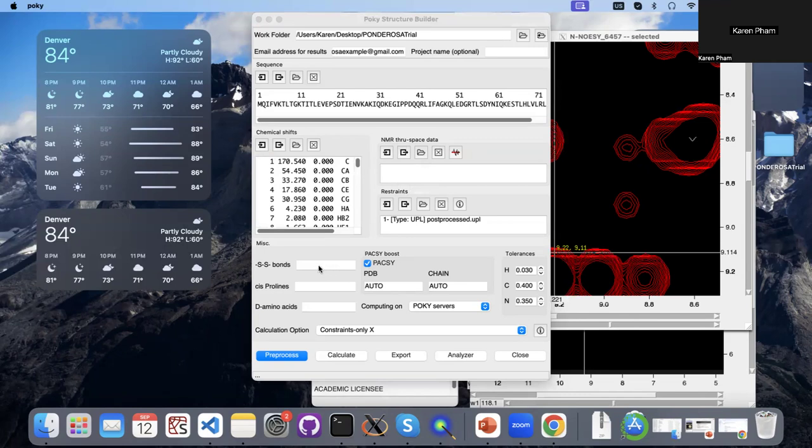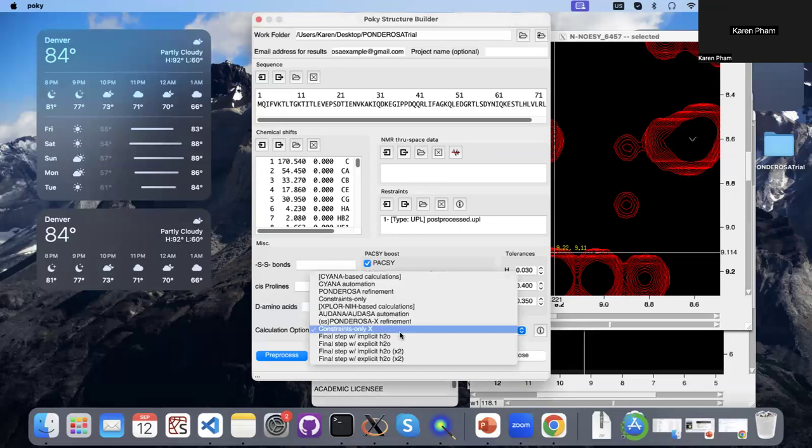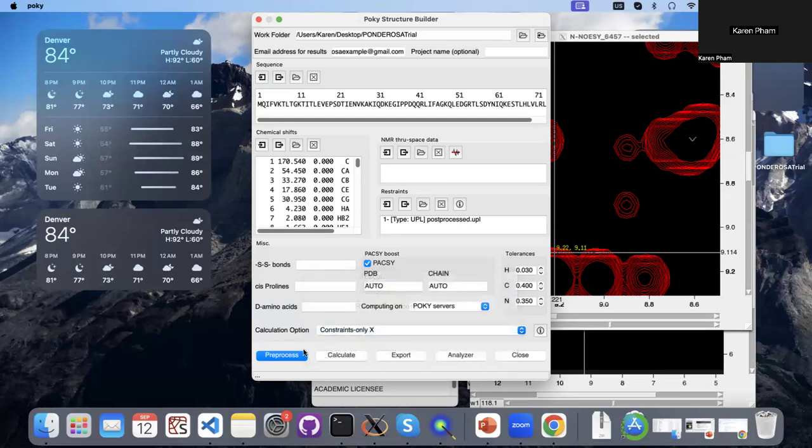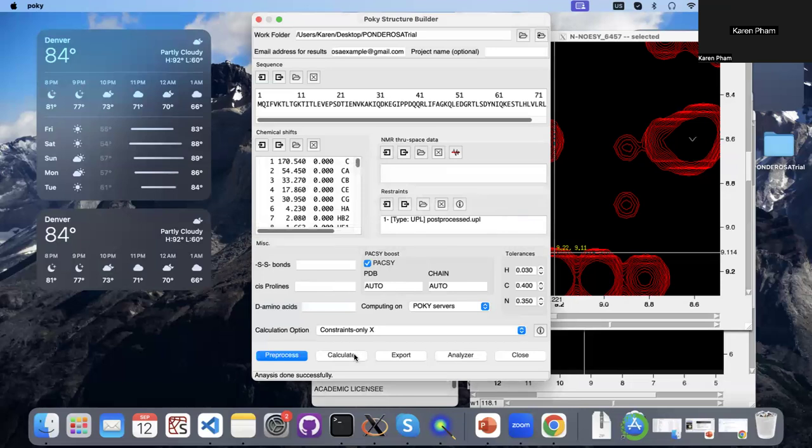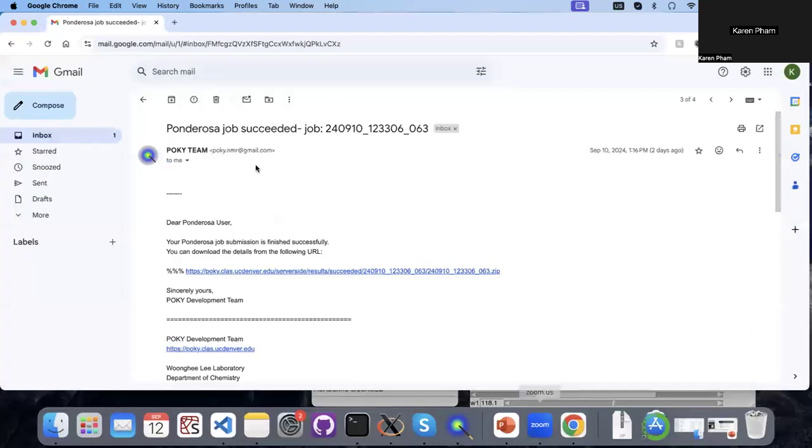And then here you can go ahead and upload any information about your sulfide bonds, cis prolines, and then we can make sure our pack seed is checked just to increase the accuracy of our protein. And since we are using our own restraints, then we'll be constraints to only X. But from the drop-down menu, you can go ahead and choose your different types of calculation. You can click pre-process, click start, and then once you click calculate, you will get another email similar that